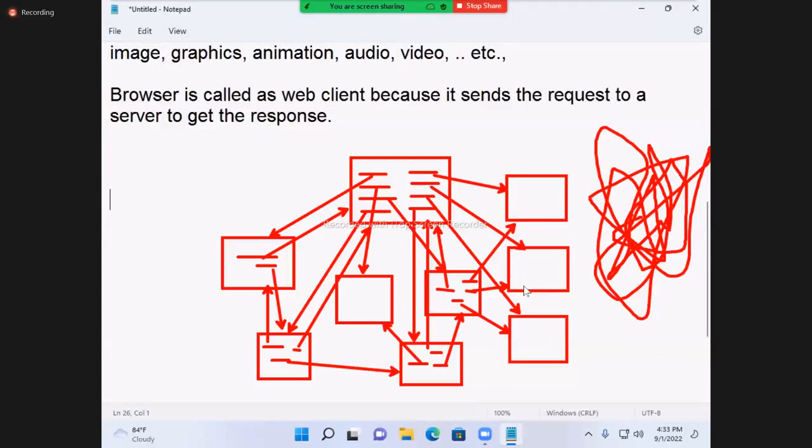These pages run in a browser; that's why it is a web browser. These pages are served from a server; that's why the server is called a web server. All these pages together are like one application, a website. That site contains many pages. Every page is called a web page. Like that, we are using the word web.